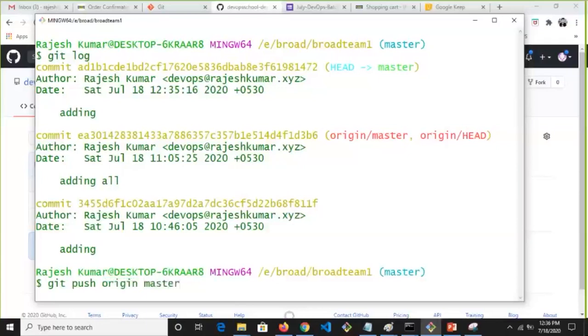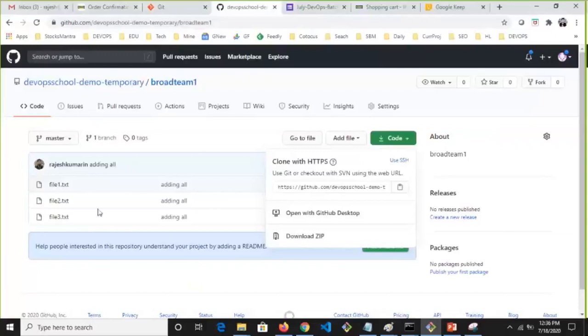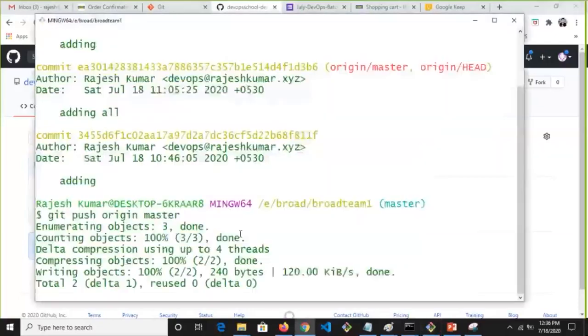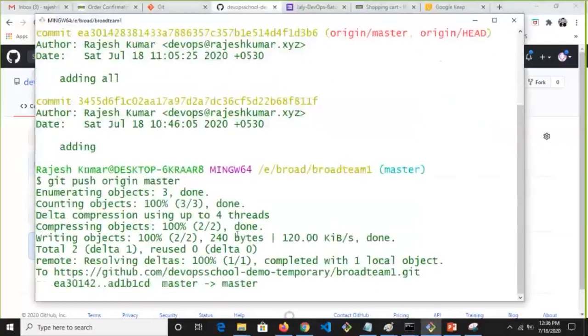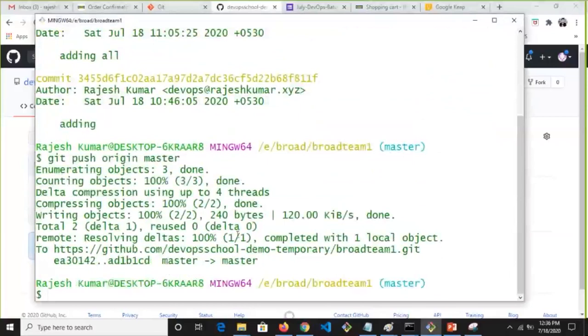Now you see I am pushing my code. Earlier my code was not there. Raju is not there. Once again, Rajesh, what is that URL concept you mentioned? Origin. URL is very difficult to remember all the time.